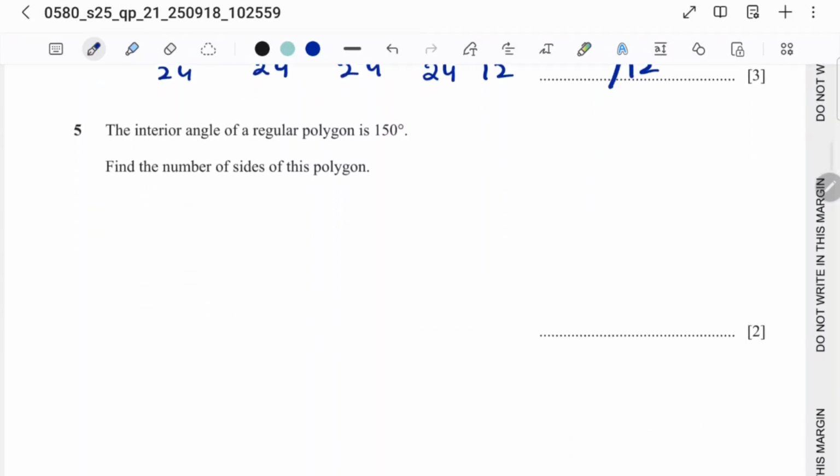Okay, come to question number 5. The interior angle of a regular polygon is 150 degrees. Find the number of the sides of the polygon. You know that the sum of interior angles for any polygon is... so each angle is equal to